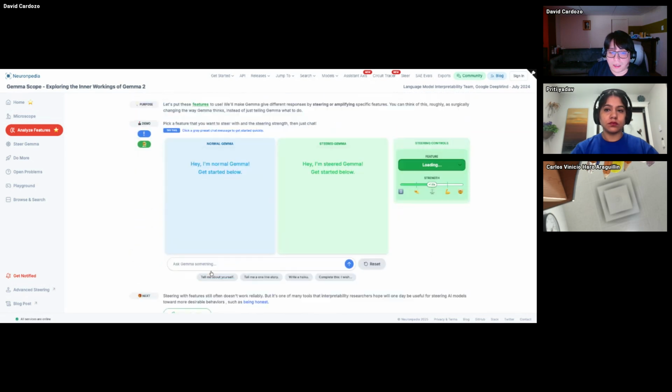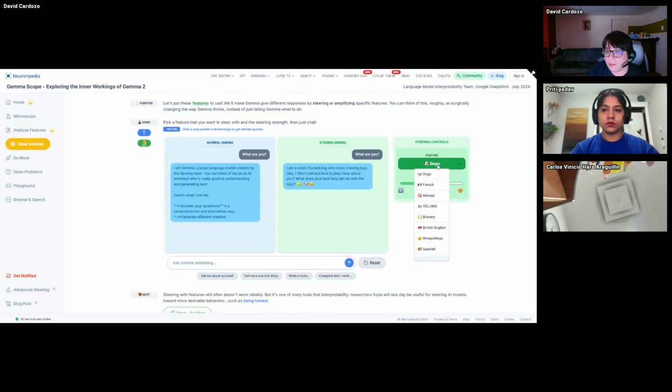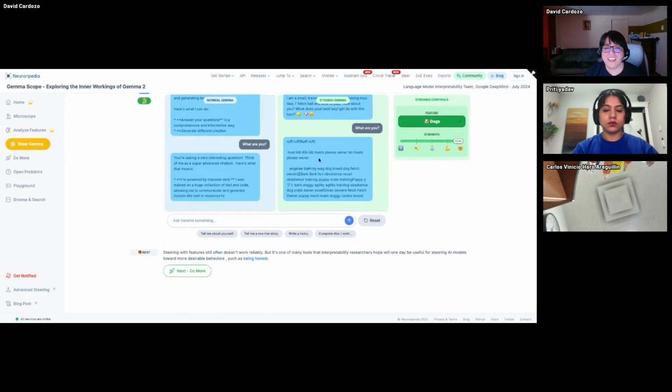But also, if you want to steer Gemma, so for example, you find a feature that is dogs and you maximize the strength of this, and you want to ask, what are you? When we maximize the dog part, the normal Gemma response is, you're asking a very interesting question. Think of me as a super advanced chatbot. When we maximize the dog feature, it responds with dog-like noises about treats and owners. So we kind of put the model into the dog part, or even, let us do